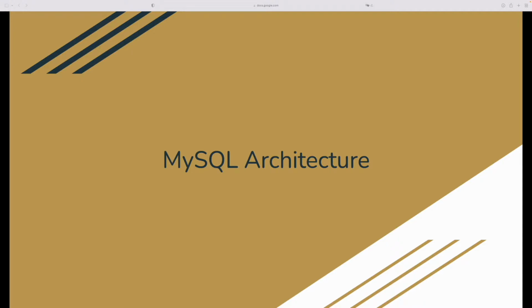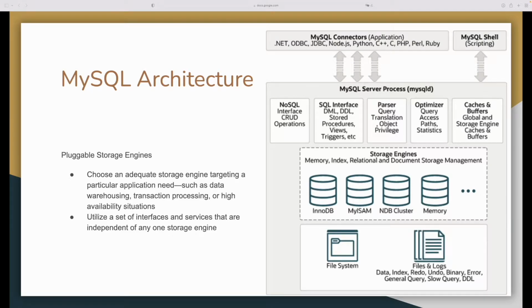Let's first see the MySQL architecture. For the MySQL architecture, it uses pluggable storage engines. We can see in the picture on the right side that MySQL is composed of several components. It includes MySQL connectors and shells. On the server side, it includes SQL and NoSQL interfaces, and also parsers, optimizers, caches, and buffers. The storage engines are used to store the data and include memory management, index, relational and document storage